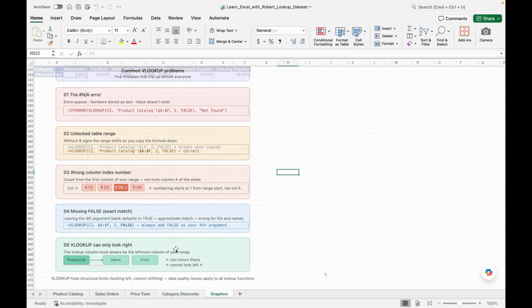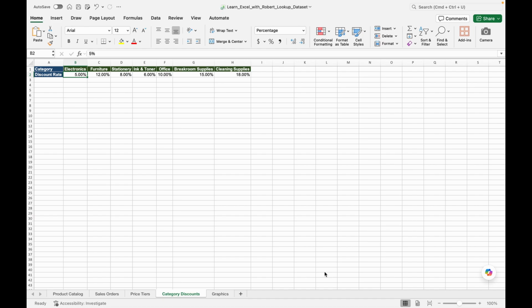Next up is the HLOOKUP, which works on the same principle as VLOOKUP, but in a different direction. The H stands for horizontal, which tells you the key difference. Instead of searching for a column, it searches for a row. It doesn't come up as frequently as VLOOKUP. Most spreadsheets are structured vertically, so VLOOKUP is more commonly used of the two. That being said, HLOOKUP is worth knowing, particularly if you're working with summary tables or you're inheriting a spreadsheet built